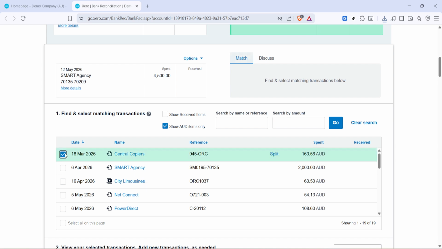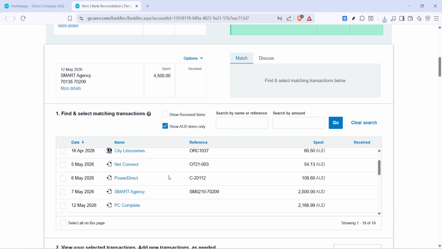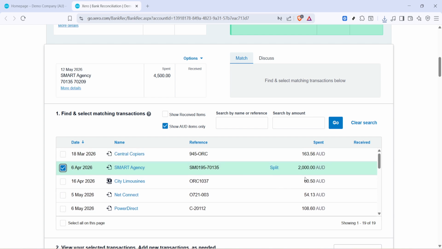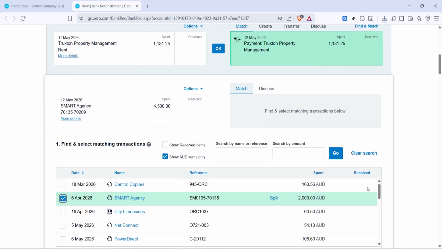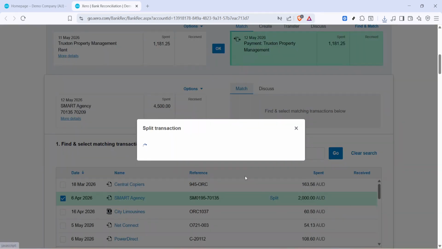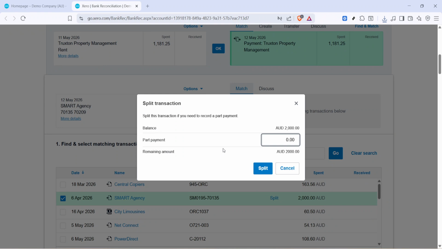You'll notice the selected item's total may not equal the bank line because we're dealing with a part payment. That's expected. To handle that difference correctly, click Split. This lets you record just the amount that actually came through the bank while leaving the remaining balance outstanding on the invoice or bill. In the split field, enter the exact part